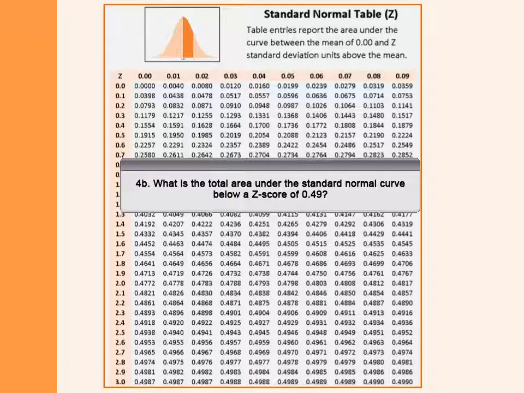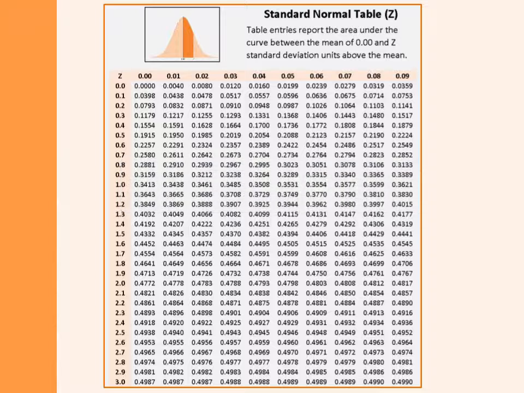For the second example, we are asked to find the total area under the standard normal curve below a z-score of 0.49. Turning back to the table for the area under the standard normal distribution, we will first of all highlight the row of 0.4 and then add 9 100ths to that, so we'll highlight then the very last column of 0.09. And we see where those two areas intersect at a value of 0.1879. So 0.1879 area under the curve falls between a z-score value of 0.49 and the mean of 0.